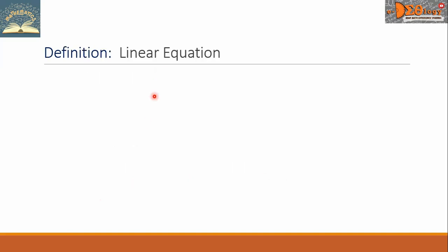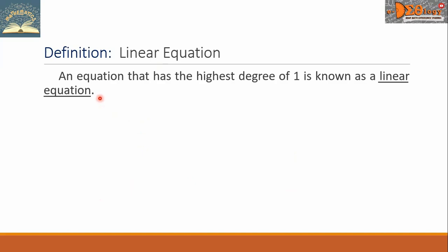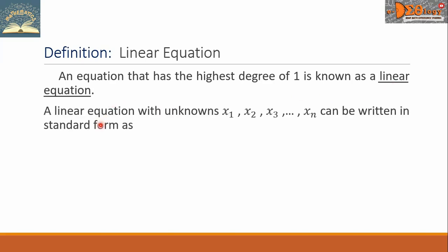Let us define linear equation. An equation that has the highest degree of 1 is known as a linear equation. A linear equation with unknowns x sub 1, x sub 2, x sub 3, up to x sub n can be written in standard form as a sub 1 x sub 1 plus a sub 2 x sub 2 plus a sub 3 x sub 3 plus up to plus a sub n x sub n equals b,